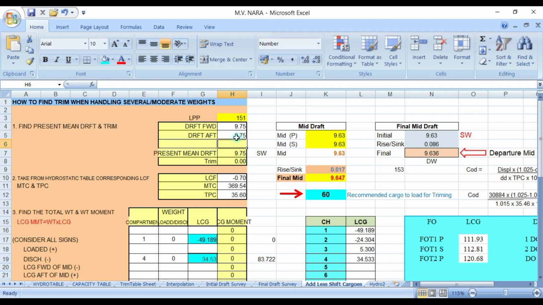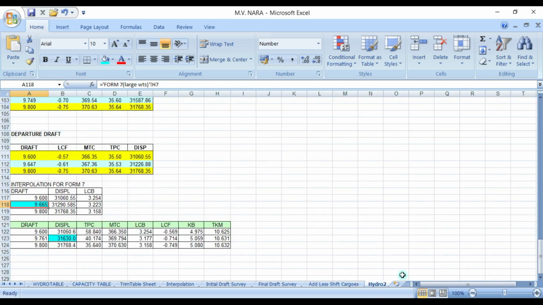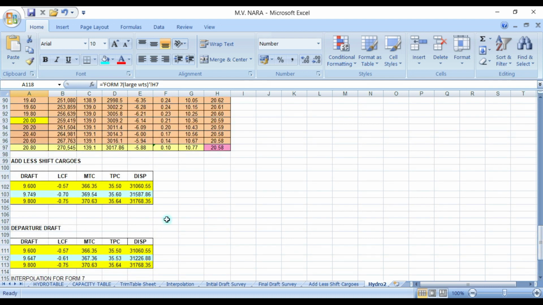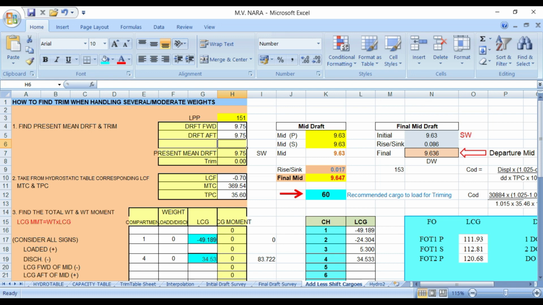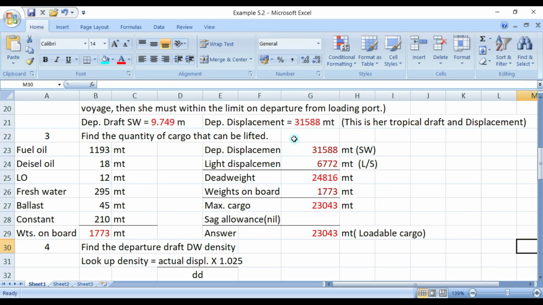And its displacement will be 31588. So this displacement is 31588, and we now have the maximum cargo to load, which is